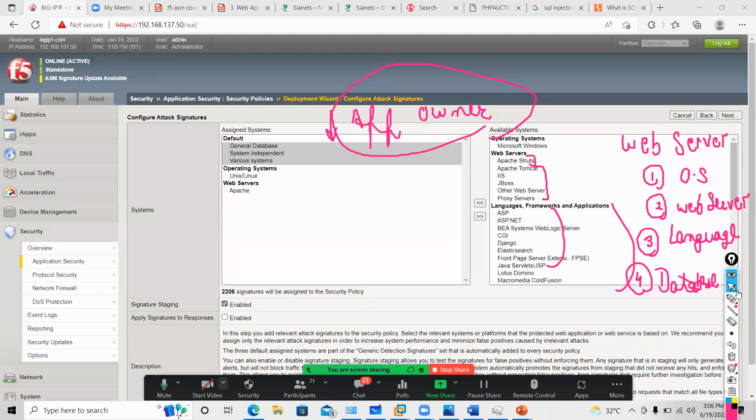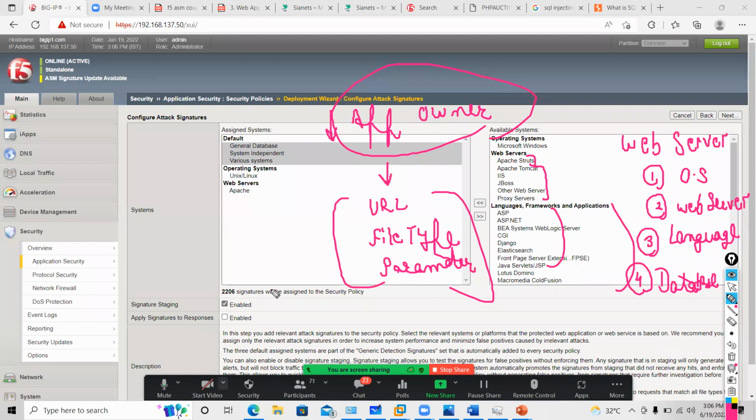The second difference is, guys, your firewall will not be able to detect what the URL is, what the file type is, what the parameter running on your websites is. But here F5 ASM will help you to provide whether your client has access, which file type, which parameter, how many parameters have been used. All these things can be detected because F5 has a learning engine. When you access any website, when you crawl, which means crawling of your website, it will give you all details. What are the legal URLs? What are the legal file types? What are the legal parameters?